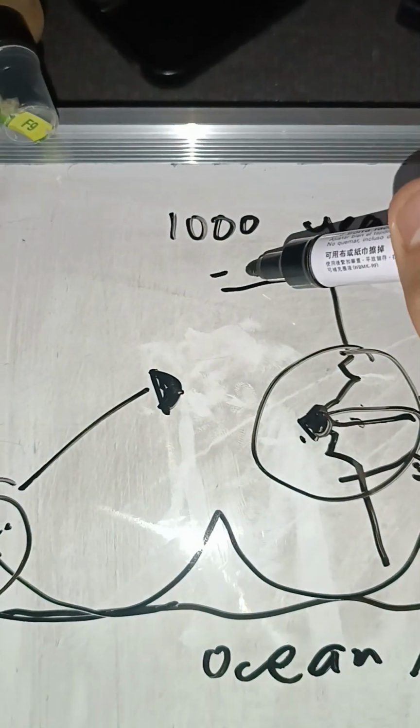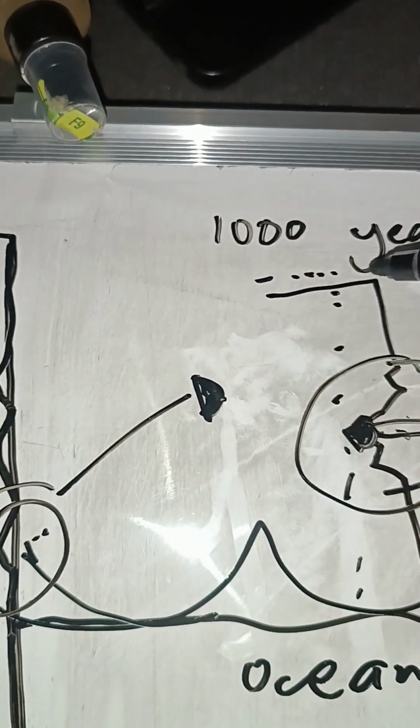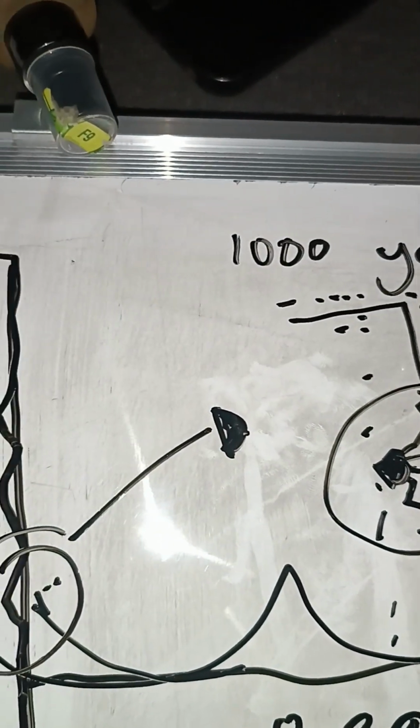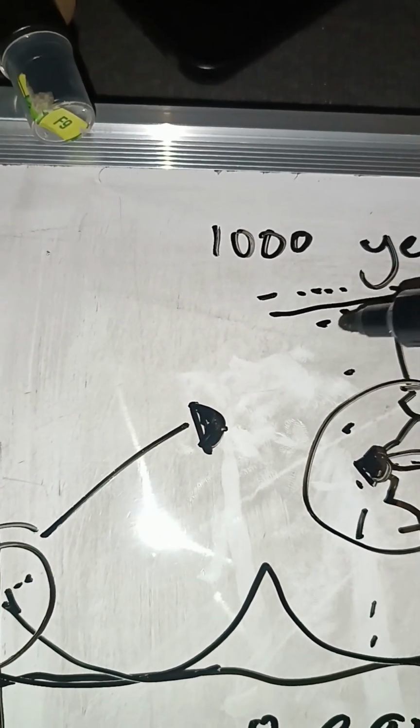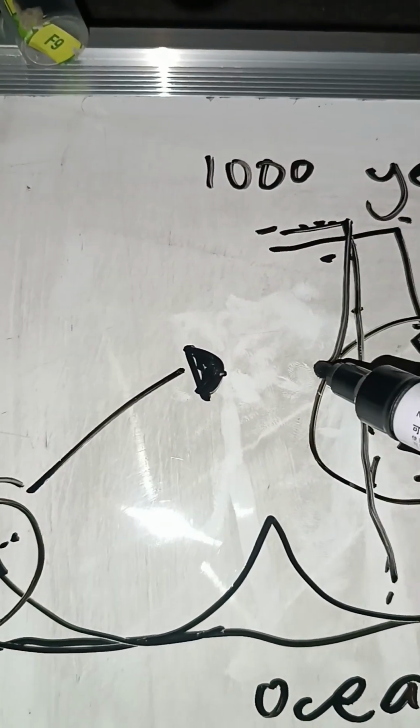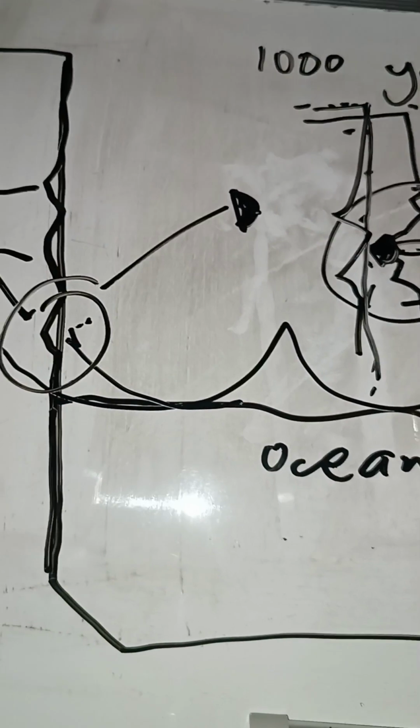So given that 1,000 years, initially your cliff is from here, then after 1,000 years it will fall down and reduce back into this area. So after 1,000 years, this is now your cliff. And that part of erosion is what we call abrasion and hydraulic force. Because of the hydraulic force of the wave, it causes damage to the cliff, especially to the concave part of the cliff,